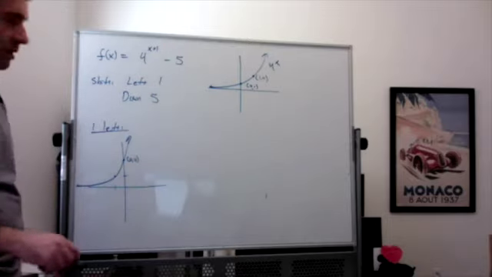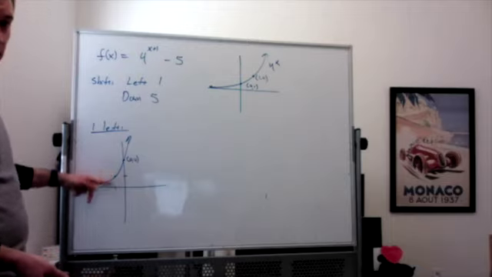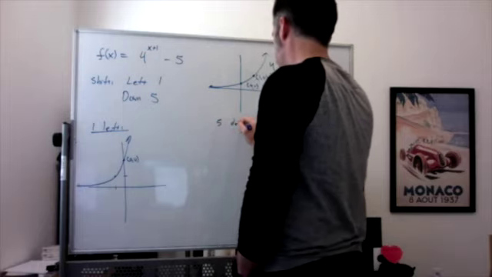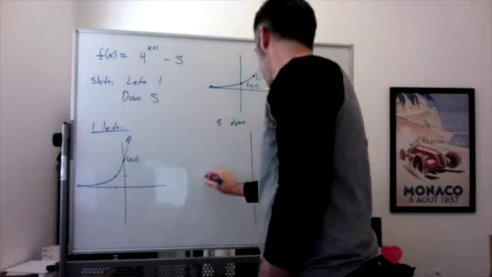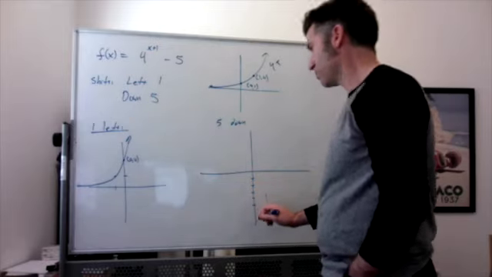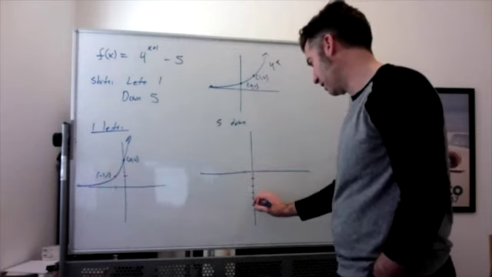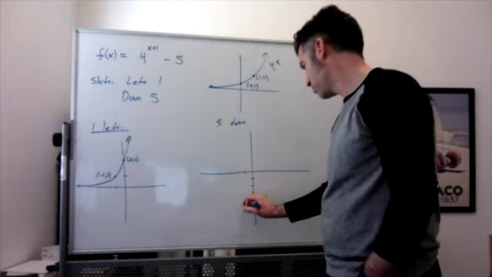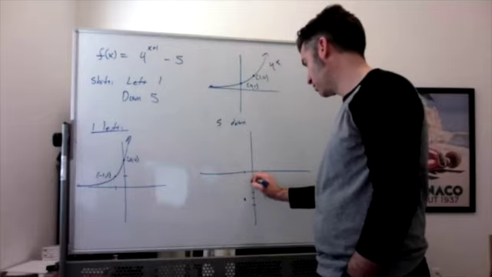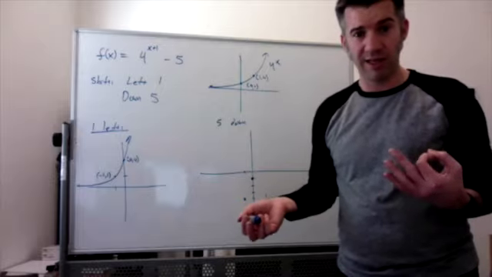It's kind of interesting. And then we're going to shift it 5 down. So (-1, 1) is going to move to (-1, -4). So I'm going to go down. I see that this point at (-1, 1) is going to end up at (-1, -4). If I move (0, 4) down 5, it's going to end up at (0, -1). And both of those are moderately important, but the one that's actually the most important is what happens to the